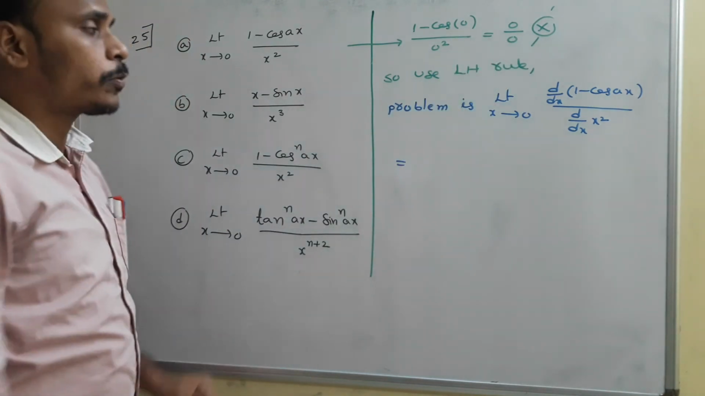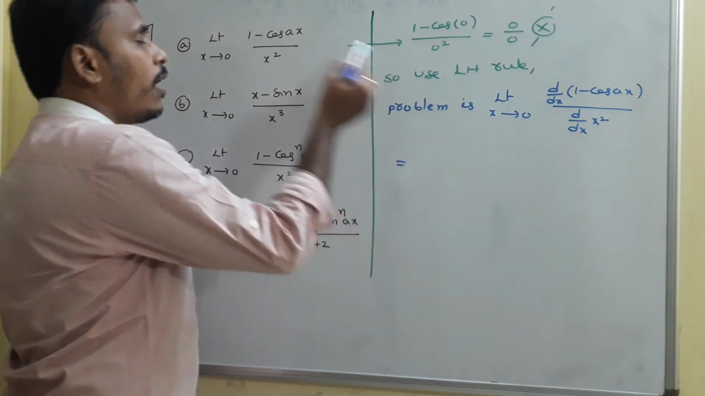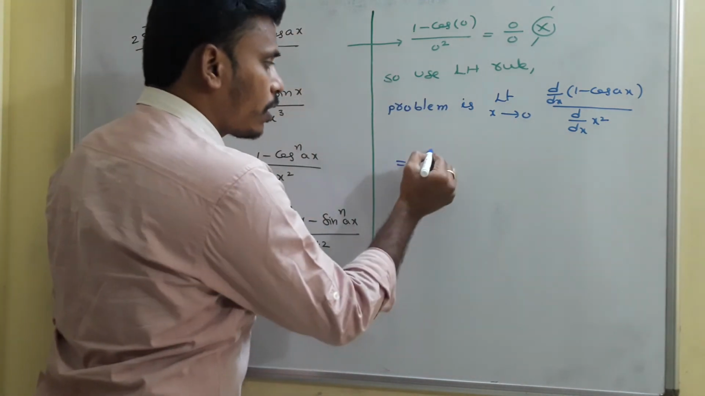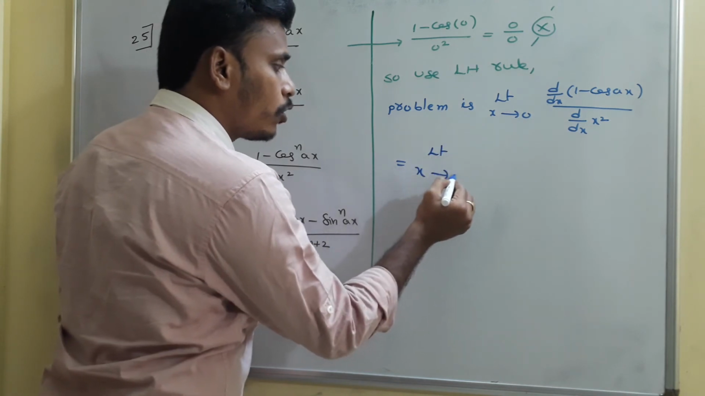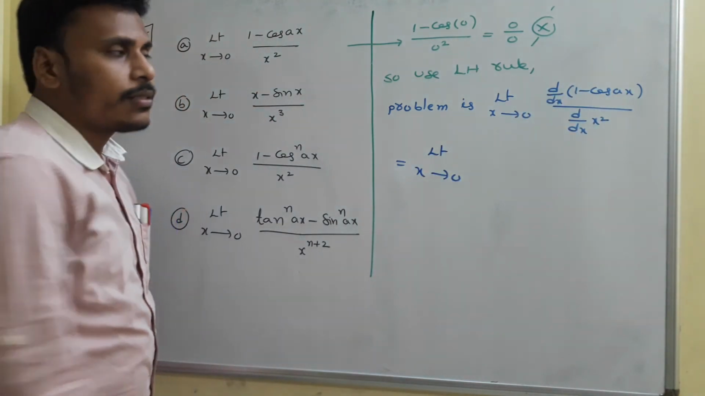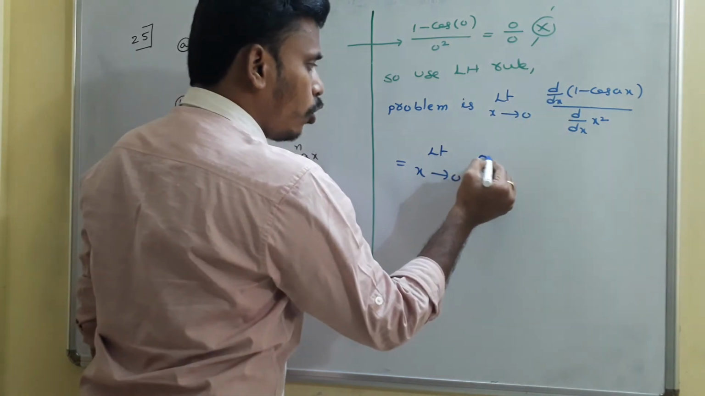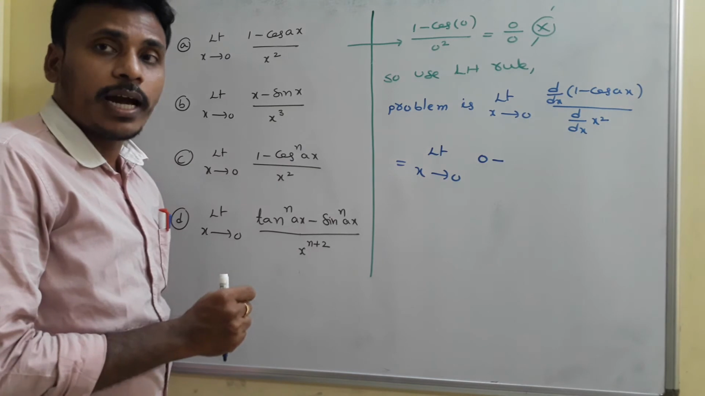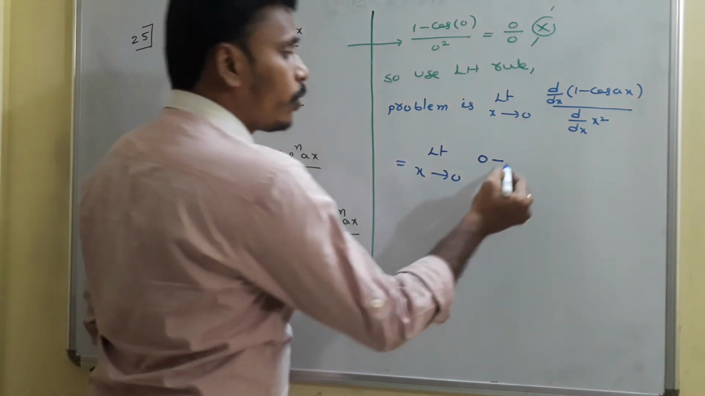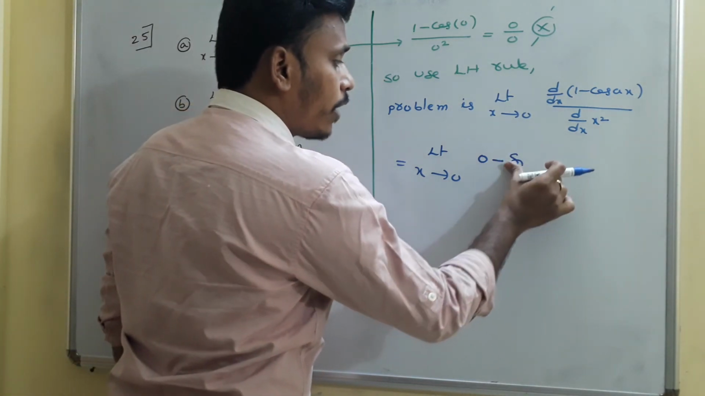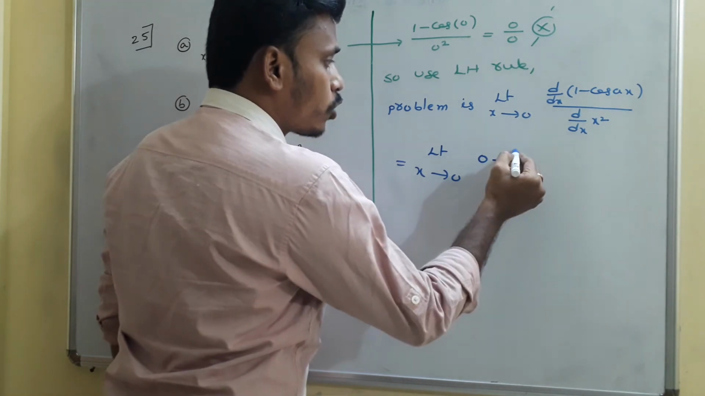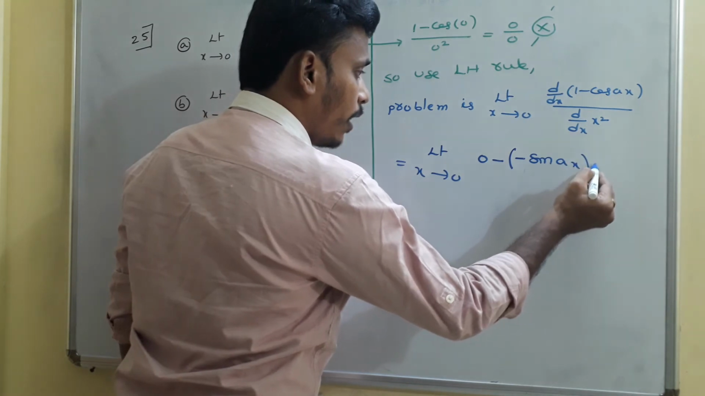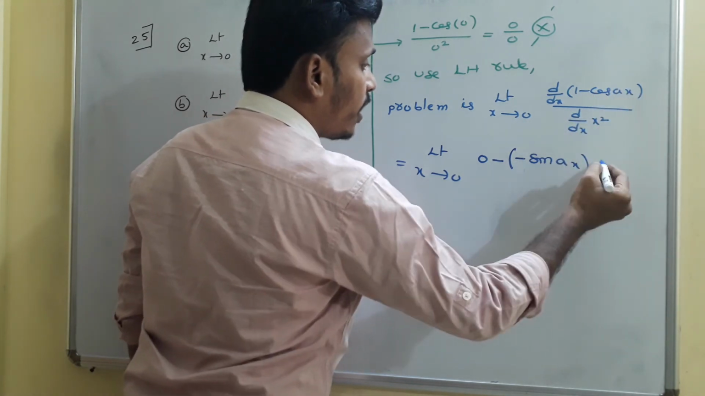So according to L'Hospital's rule, our problem is nothing but the limit of the derivative of the numerator by the derivative of the denominator. So now this is equal to limit x tends to 0. What is the derivative of this? See, the derivative of 1 is clearly 0, minus the derivative of cos ax. We already know that for cos the derivative is sine. Okay? Actually the derivative of cos is minus sine. So the derivative of cos ax is minus sine of ax, into, since ax is there instead of x,